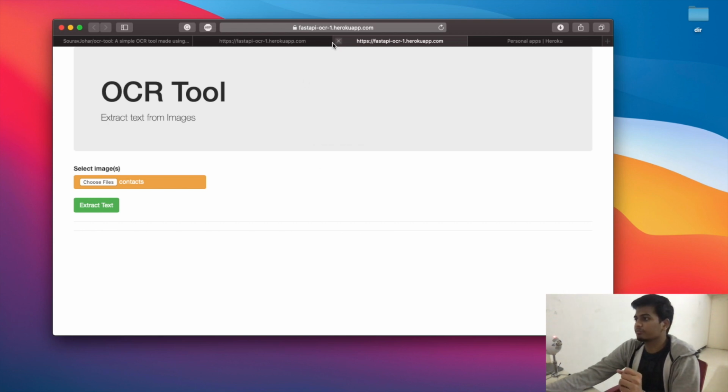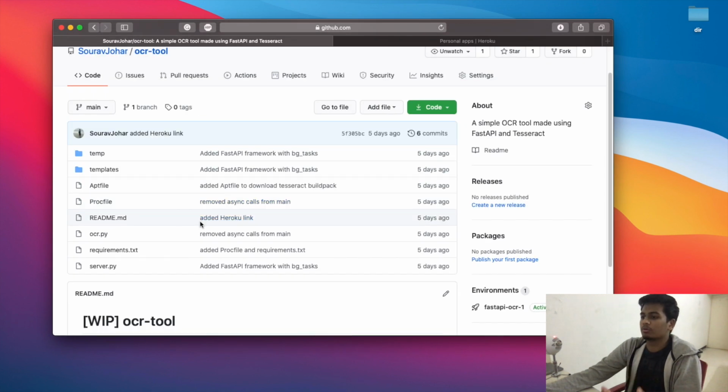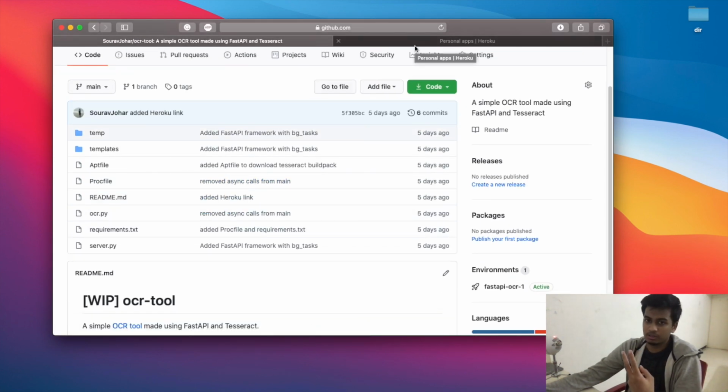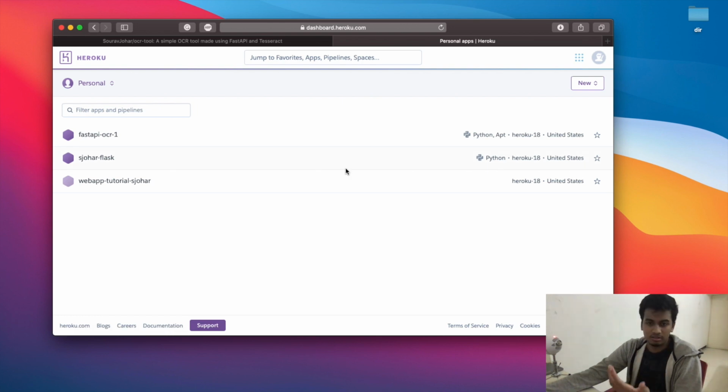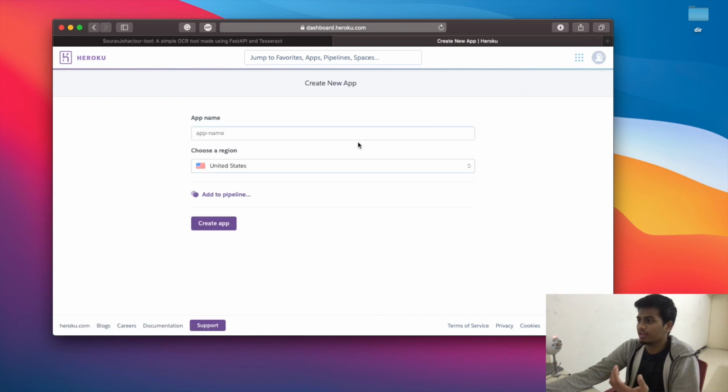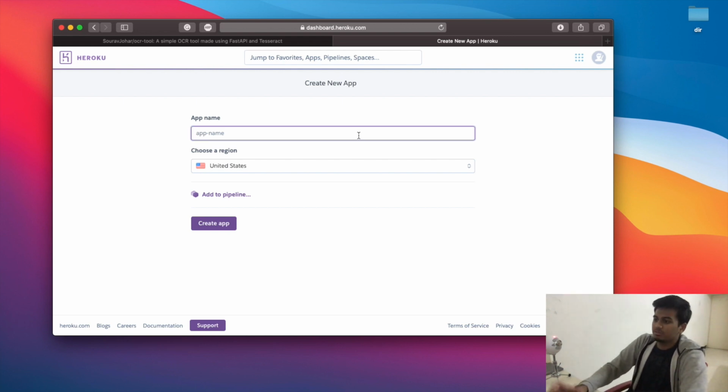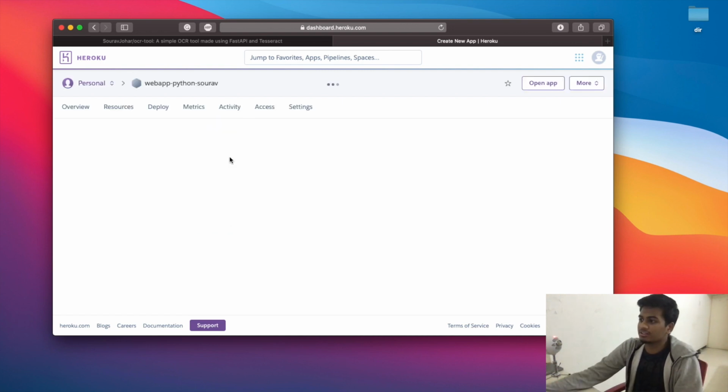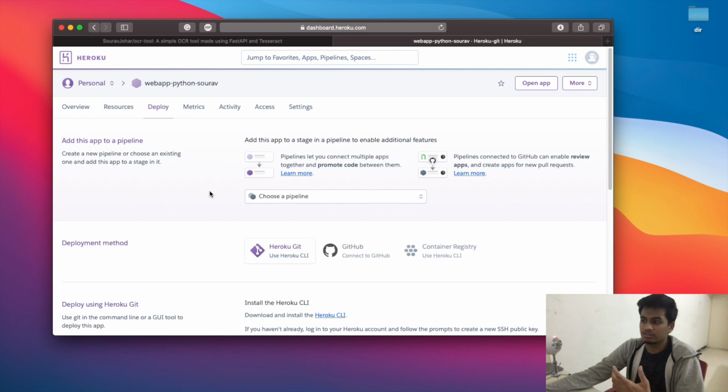It is pretty interesting. Once you do have a web application, you just need to upload it to GitHub, and the second prerequisite comes in, which is that you need to make an account on Heroku.com, which is again very simple. So once you have your Heroku account, you just click on New over here, click on Create new app, and give your app a name. I'm going to be giving it some name like web-app-python-saurav. You need to make sure that the name which you give is unique, because that will be the URL against which your app is going to be deployed.